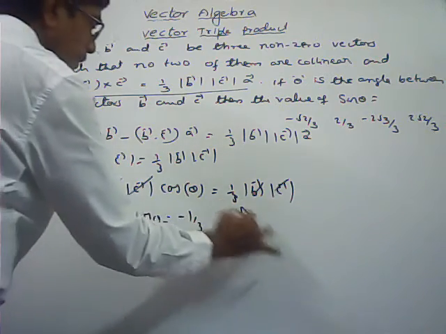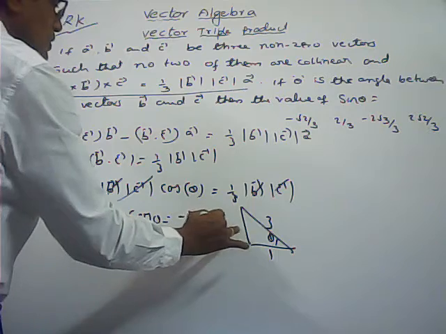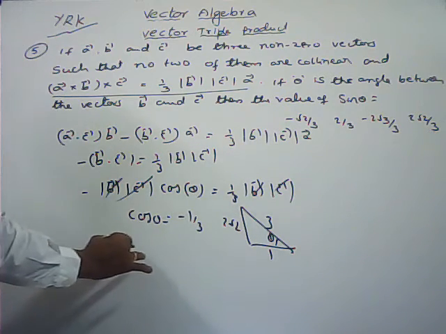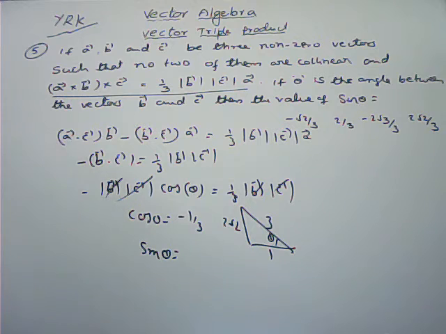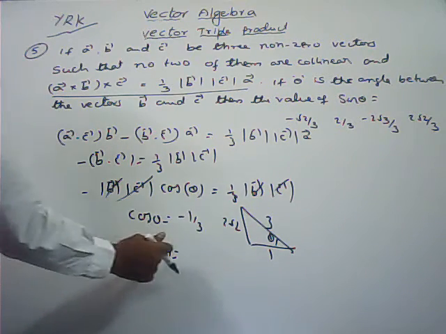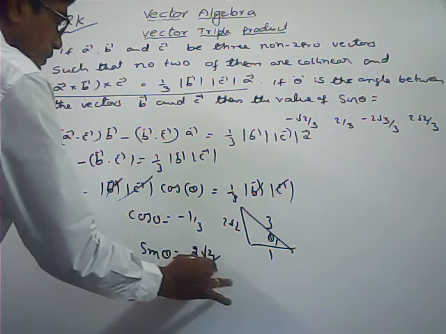You can take the right angle triangle. Adjacent side by hypotenuse. This is a 2 root 2. So sin theta is equal to, maybe here theta negative means negative second quadrant. A bar dot B bar, theta lies in between 0 to pi. Theta belongs to second quadrant. In the second quadrant, sin is positive only. What about sin value here? 2 root 2 by 3.